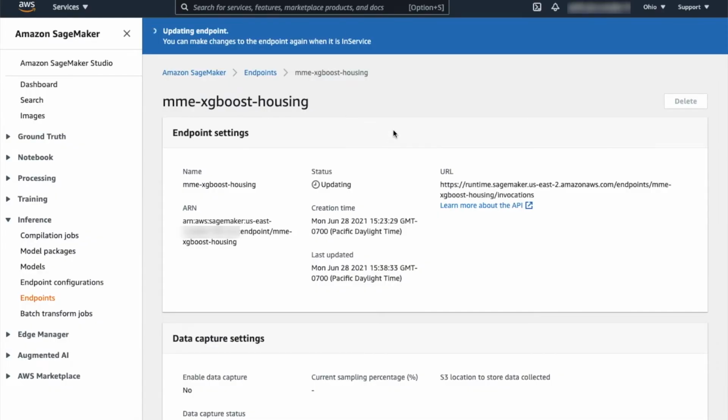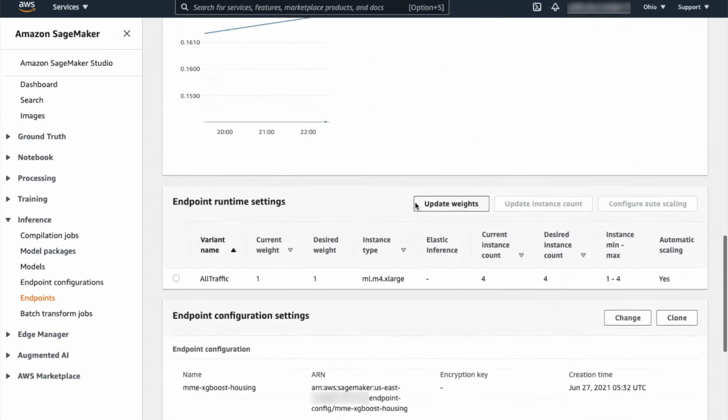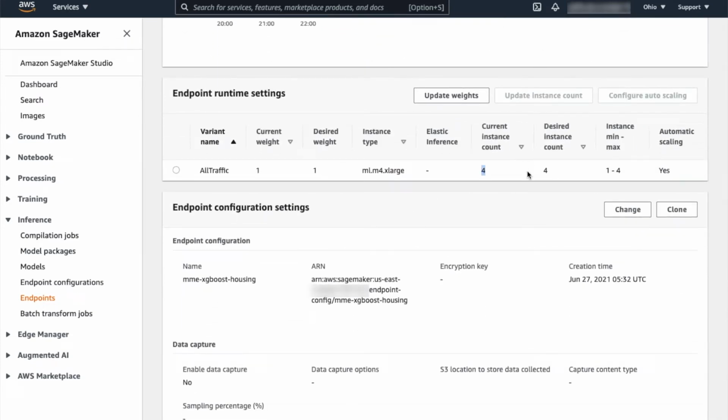So we'll just go and wait for the endpoint to finish auto-scaling. So now that it's back in service, I can now scroll down to the configuration, and I can see that the current instance count is now 4 since it's completed the auto-scaling. So that's the end of the demo.